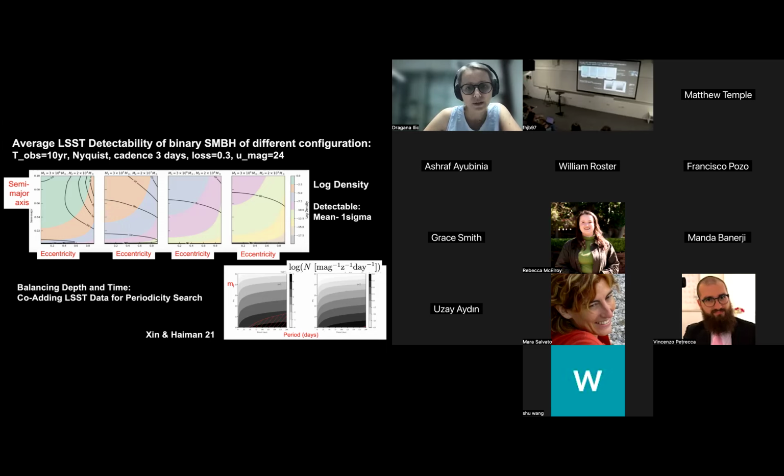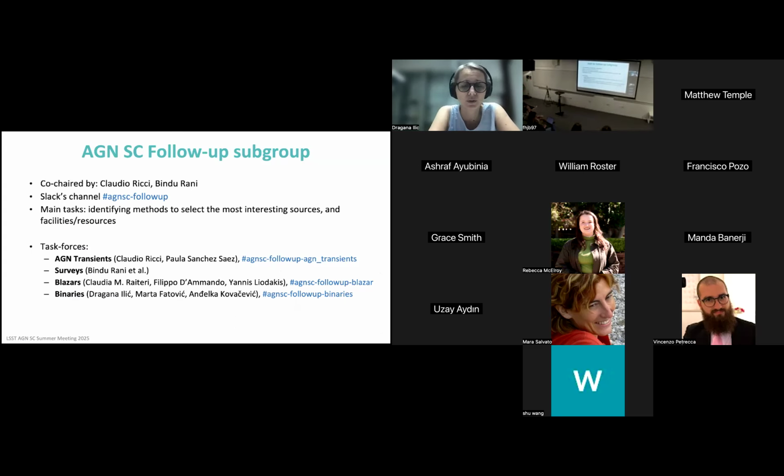There is also a lot of discussion on how much we can optimize the depth and the time coverage of the LSST in order to do better periodicity data mining of observed quasars. So we are definitely going to detect the candidates, but in order to confirm them, we need to organize the follow-up